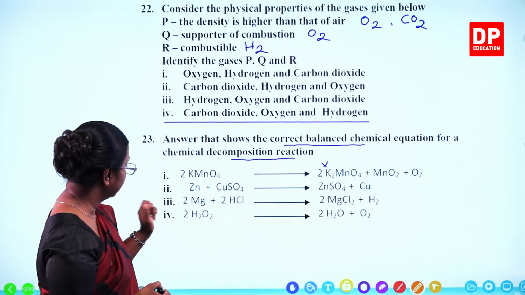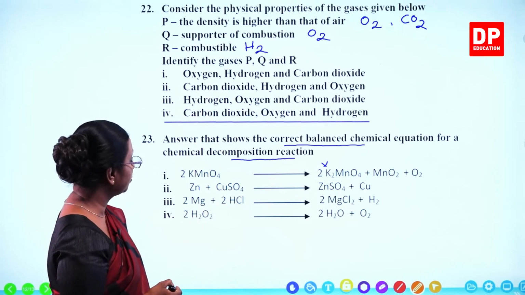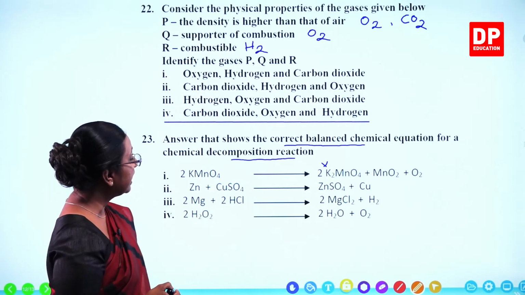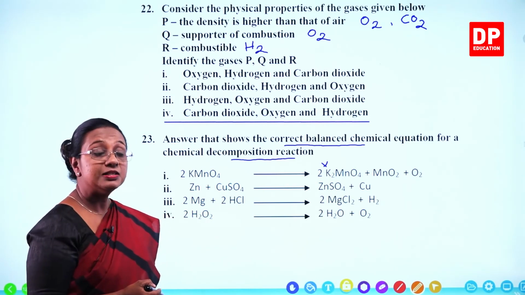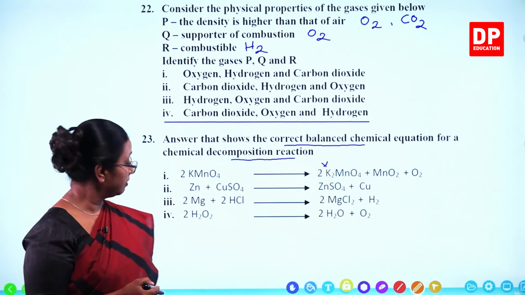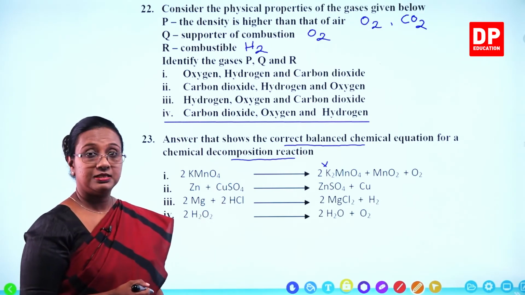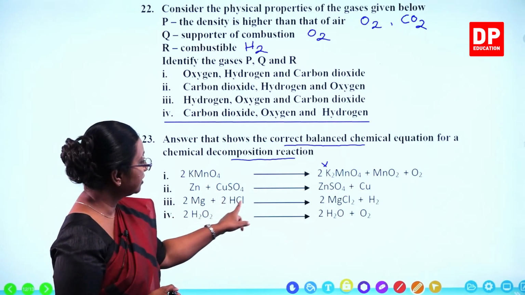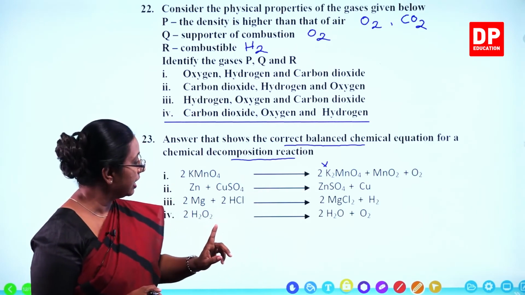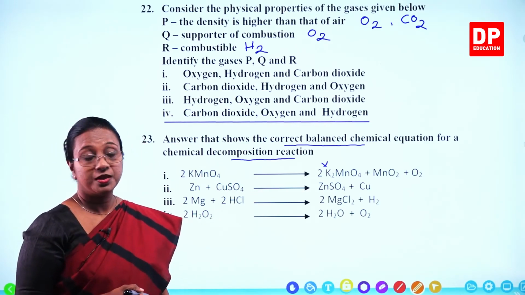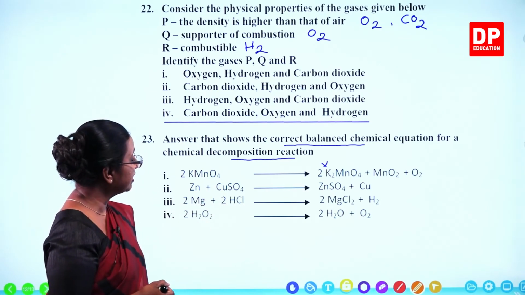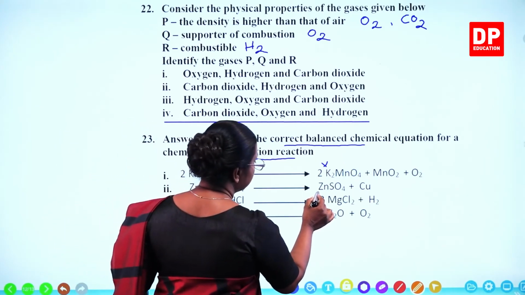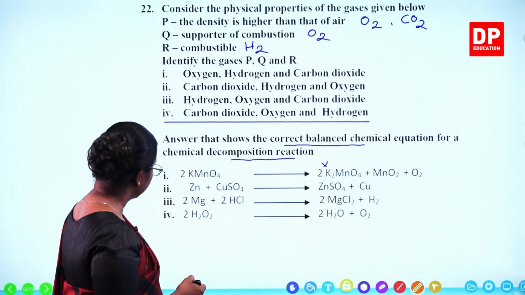Then the next one, 2 magnesium plus 2 hydrochloric acid gives rise to 2 MgCl2 and H2 gas. That is also a single displacement reaction. Is that balanced? You can see 2 Mg, 2 Mg, 2 hydrogen, 2 hydrogen, 2 Cl, 2 Cl. That is not balanced either. So here you can see it is a single displacement reaction and it is not balanced. So this is again wrong. Then the fourth one,